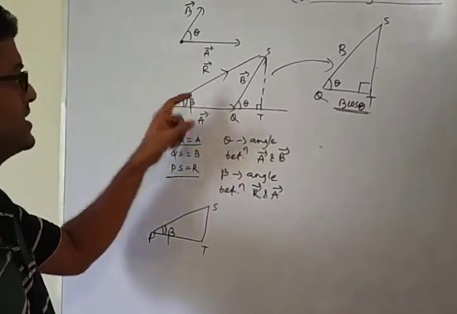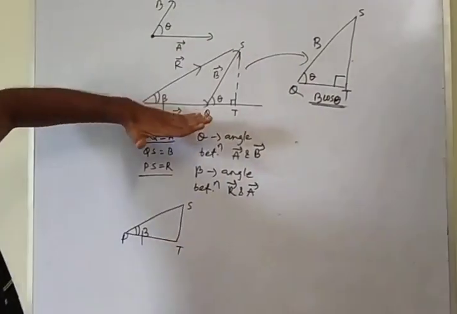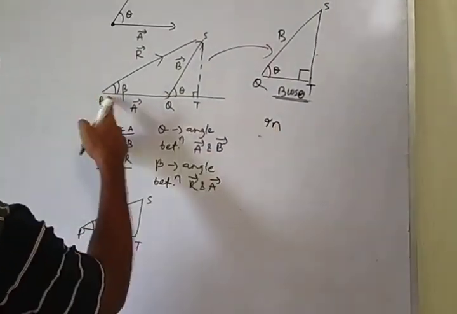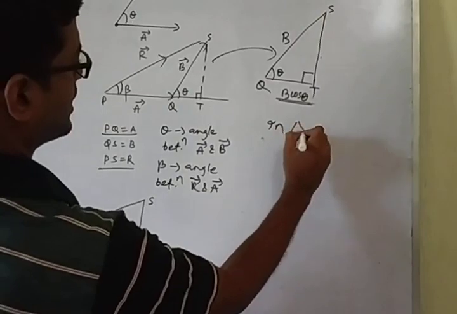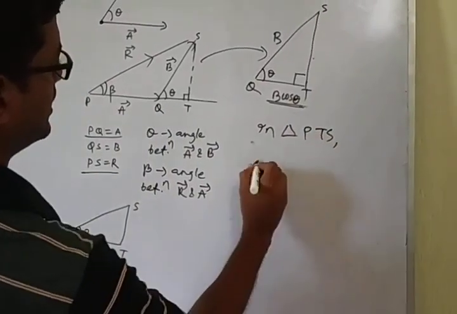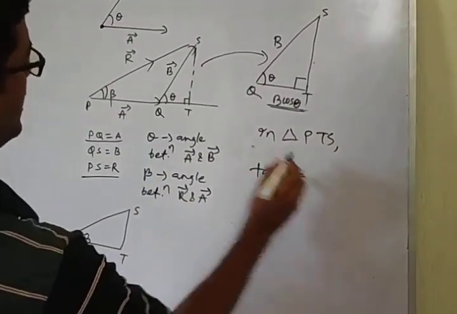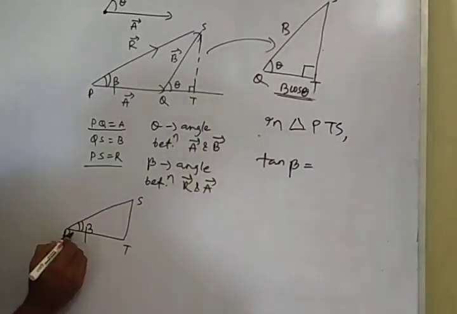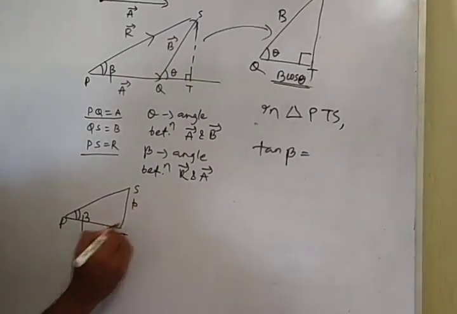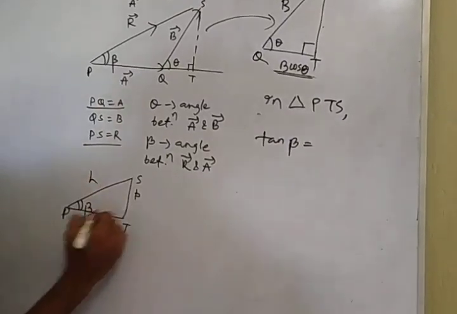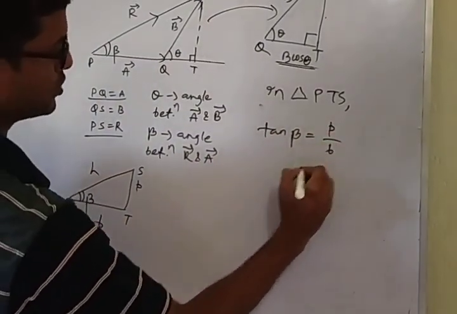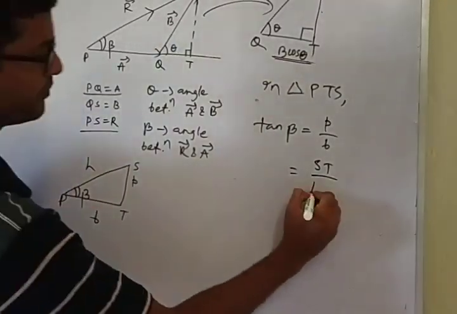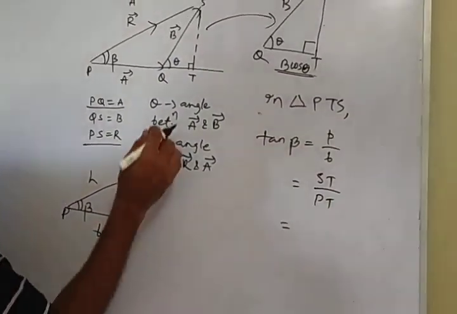So beta is the angle made by the R vector with the A vector. So I will go to the big right angle triangle PTS. In triangle PTS, tan beta equals P by B. So this is my perpendicular, this is my base, this is my hypotenuse. So P by B. So P is how much? ST, and B is how much? PT. But you know, ST is nothing but